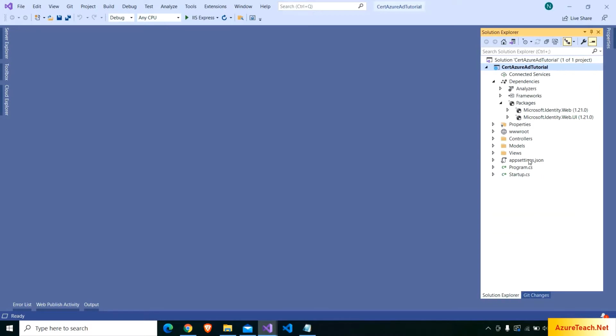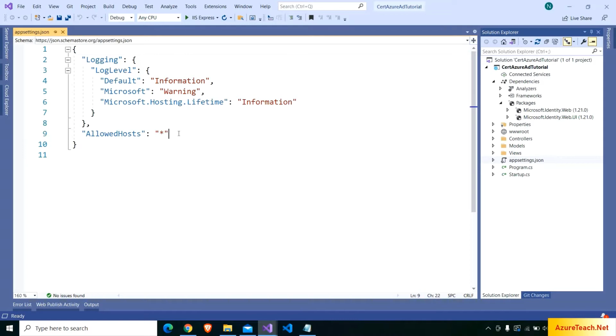First, we have to configure the Azure AD details inside our appsettings.json. So here I'm writing